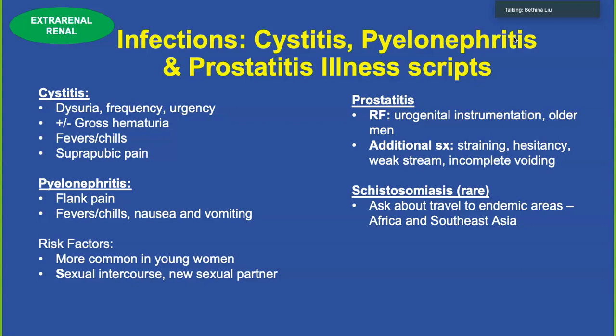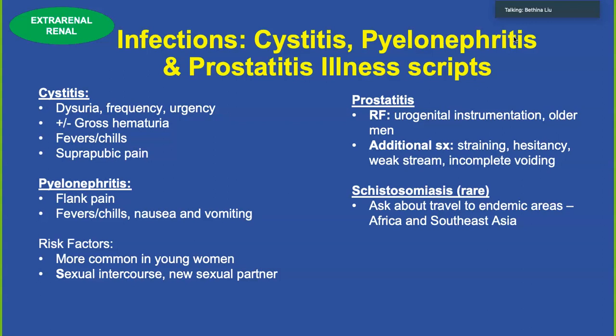With pyelonephritis, you would typically expect to see flank pain, more often associated with fevers and chills, as well as nausea, vomiting. So risk factors for cystitis and pyelonephritis include female sex, as well as recent sexual intercourse or new